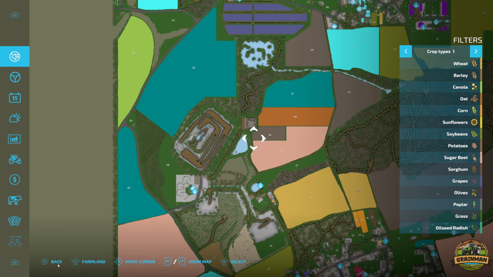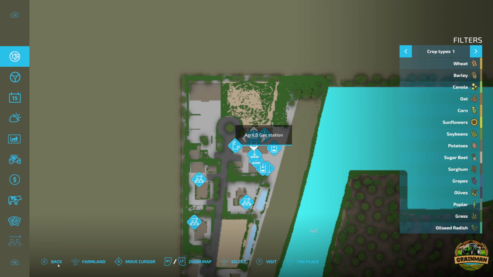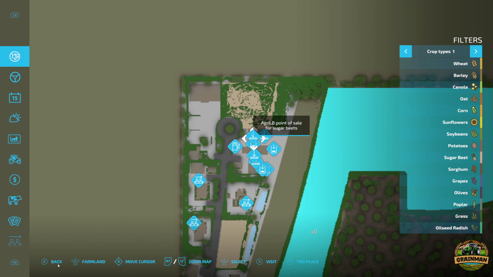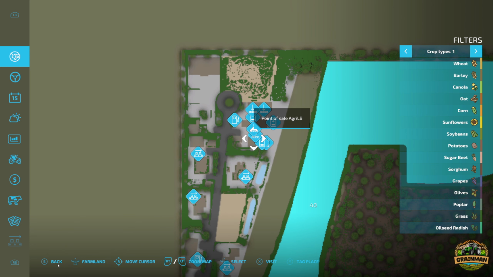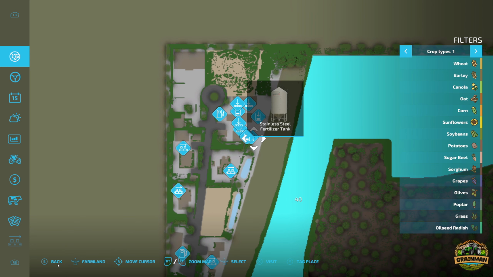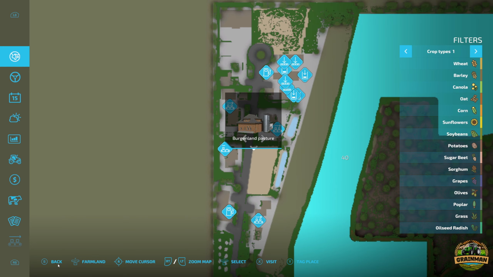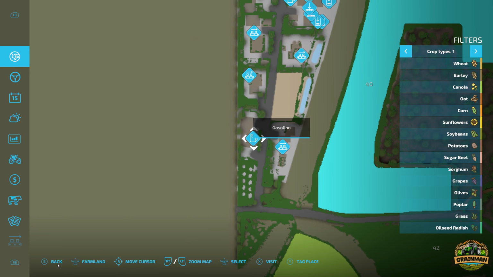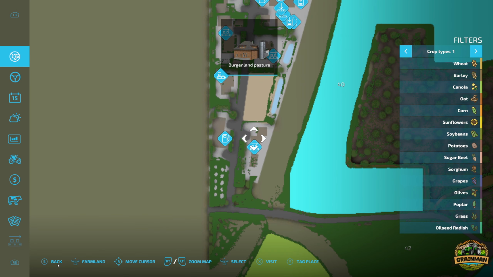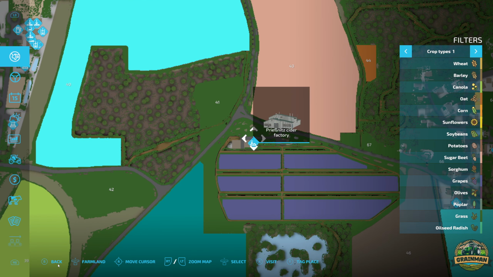Let's have a quick look at our productions, because there's quite a few to run through. So we'll start at the top here. This is obviously your area of commercial or industrial. You've got Agri LB gas station, Agri LB point of sale for seeds, sugar beets, lining, production of sale, straw and hay, fertilizer tank, lime station, natural oils, Burgenland pasture, Burgenmull grain mill, Casalino, there's the pasture there, cement plant lizard, so obviously that's where you can make your cement,